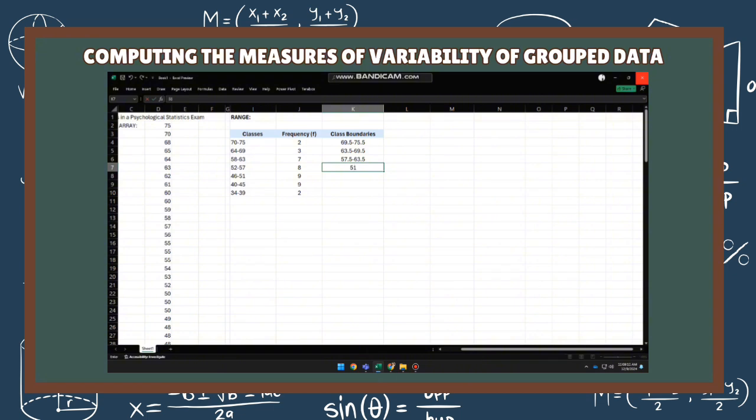52 minus 0.5 is 51.5. 57 plus 0.5 is 57.5. 46 minus 0.5, 45.5, 51 plus 0.5, 51.5,